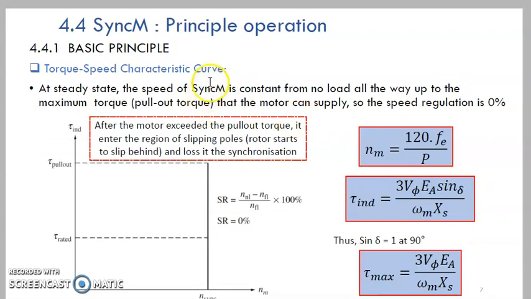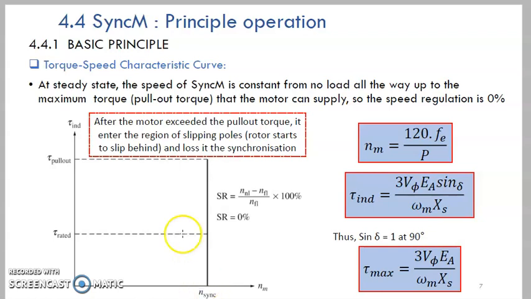So the torque speed characteristic: this is your synchronous speed, this is your zero speed, from zero speed increasing to synchronous speed. The pull out torque and the rated torque are all the same. At steady state, the speed of a synchronous motor is constant from no load all the way up to the maximum pull out torque the motor can supply, so the speed regulation is 0,